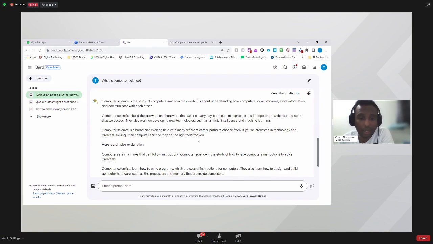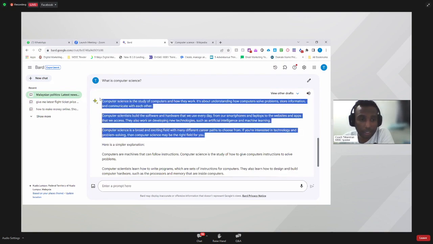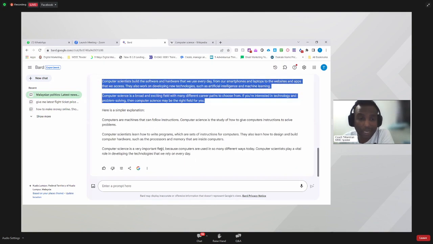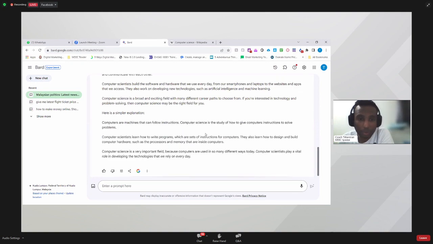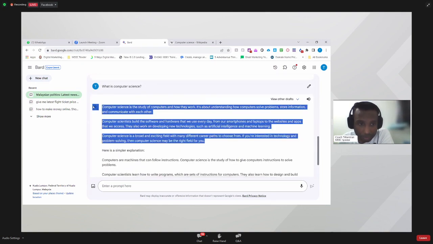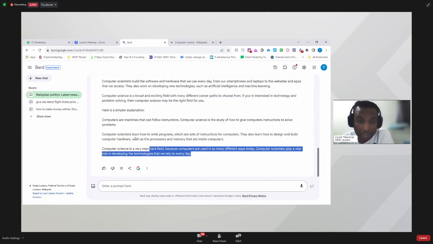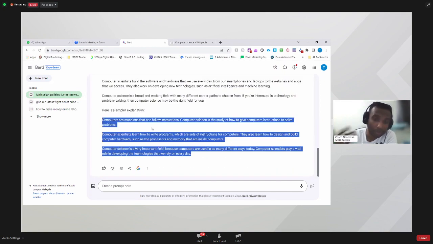Okay, so kalau tengok kalau simpler dia akan bagi a general answer. Okay, what is this all about? And then there is a detailed explanation. So you see here, this is the theory. Lepas tu kat sini dia akan bagi you explanation. This is what you don't get in ChatGPT. Benda ni you tak dapat in ChatGPT.